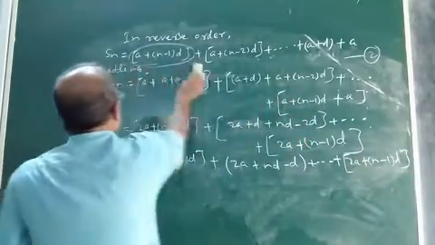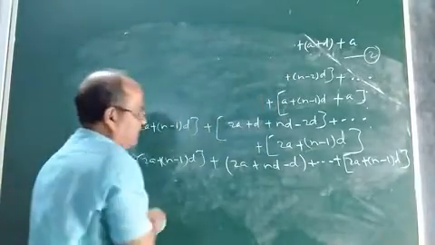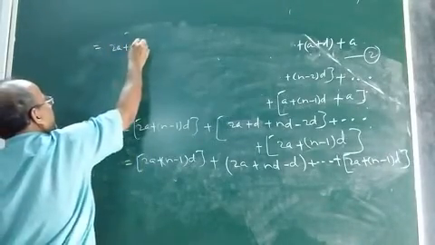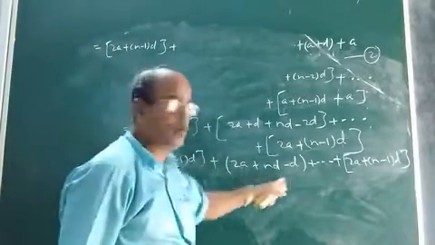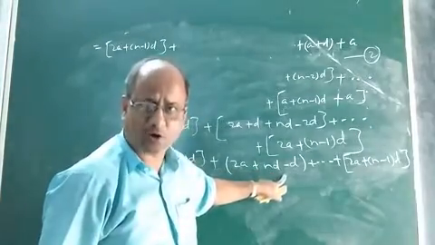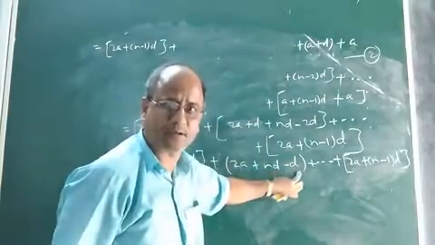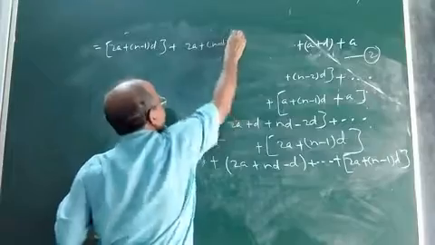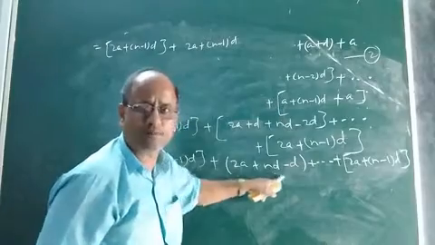Now this will be equal to how much? On simplifying further, this will be equal to 2A plus n minus 1 into D plus. Look at the second term enclosed in this bracket. Let us simplify it. 2A from nd minus D, D can be taken common. From nd minus D we can take common D. So if we take common D, it will be n minus 1 into D. So this is 2A plus n minus 1. 2A remains the same, it will remain at the same place. From these two terms you take D common.